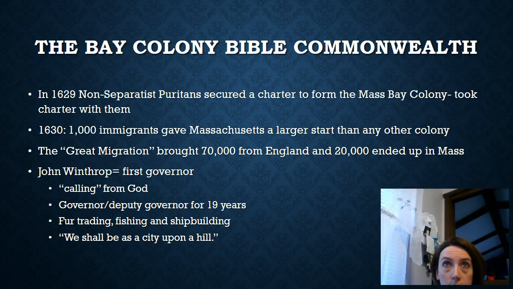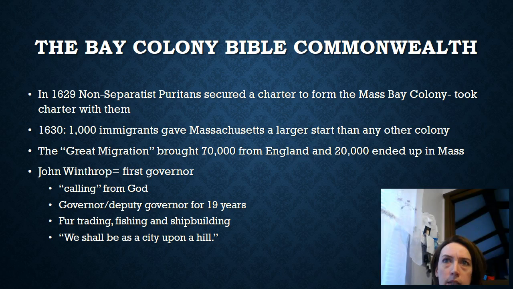And they felt that they were called from God, especially in the leadership of their governor, John Winthrop, that God is telling him and them to create a society as an example to the rest of the world on how the Puritans should live. That's what we mean when we say we shall be as a city upon a hill. They are going to create this community, and they're going to be such perfect, or ideal, that's probably a better word, Puritans, that the rest of the world will look to them to replicate that. And so it's a very noble intention.